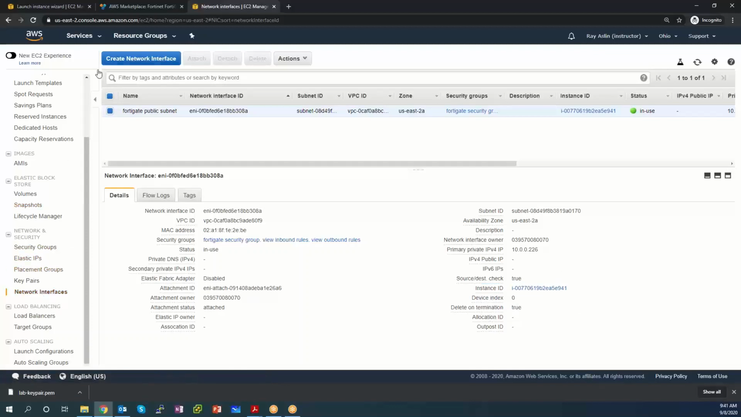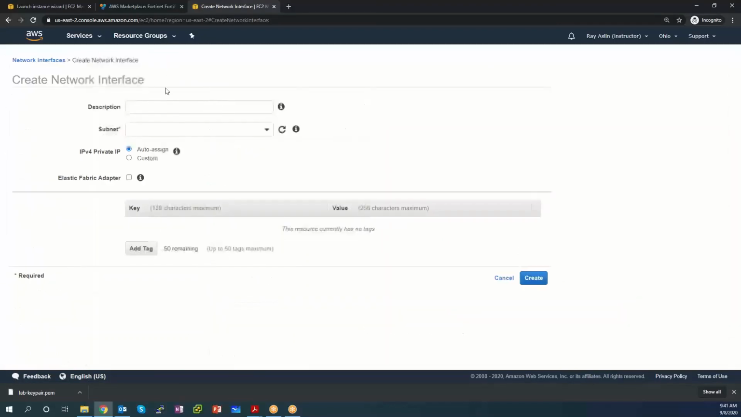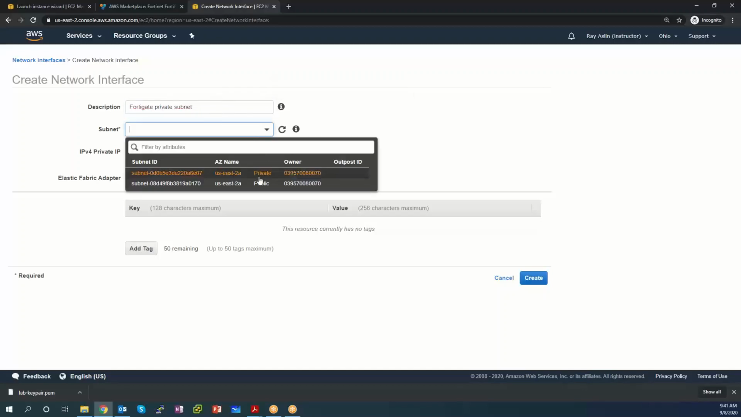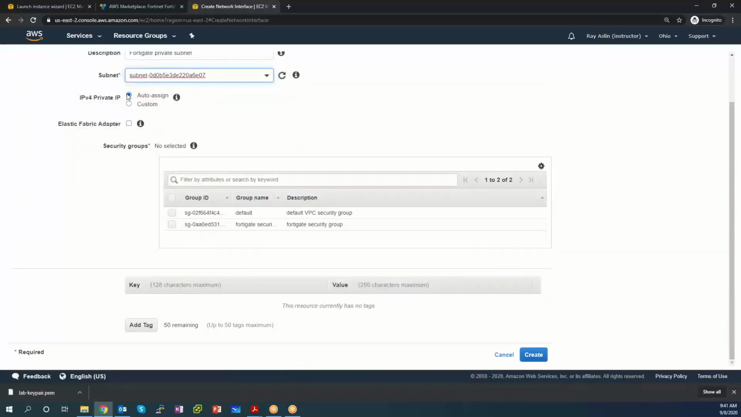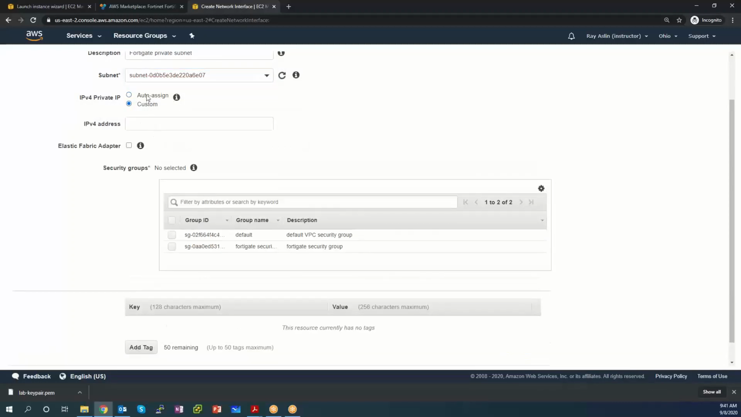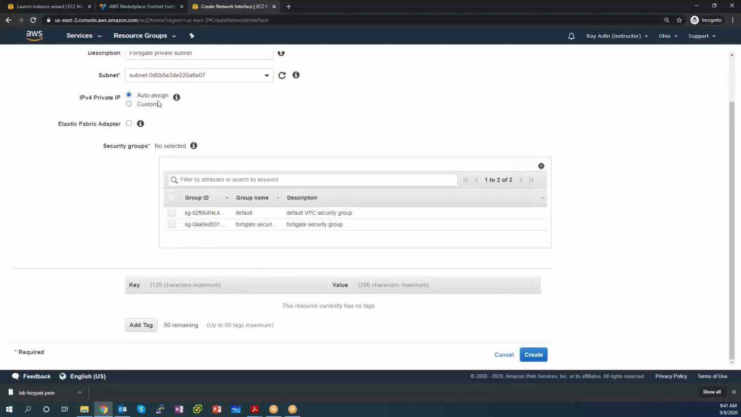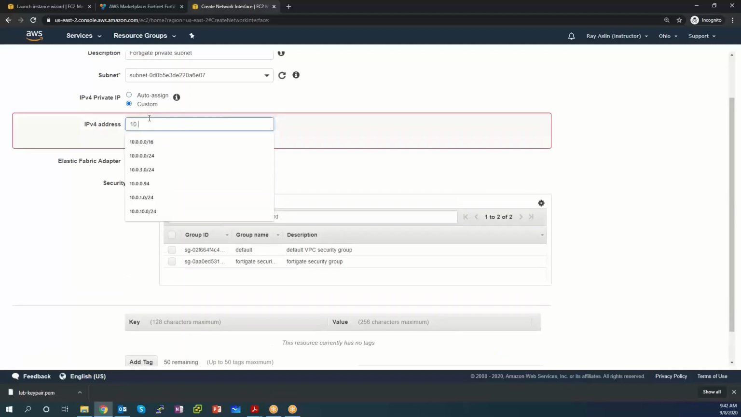All right, let's add that second network interface. Create network interface at the top. Description. You'll notice it doesn't even give me an option for a name here. FortiGate private subnet. Which subnet do you want to plug it into? Well, I called it private subnet, so let's plug it into the private subnet. For its private IP, remember, private IP means the IP address within the VPC. Do you want to auto-assign one, or do you want to custom assign one and be able to type it in? I can use the auto-assign. It's going to randomly pick an IP address in the private subnet. If I choose custom, I can type one in,